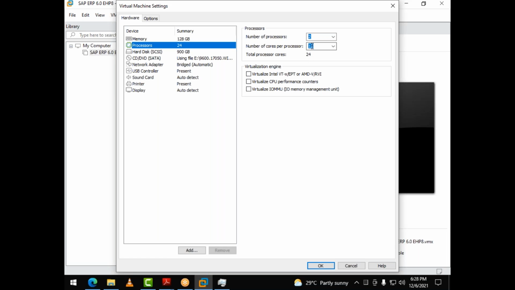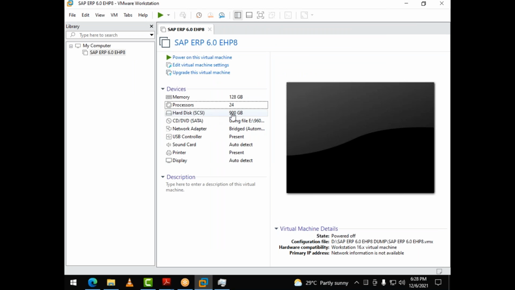Okay. Suppose your system has 2 processors, then you select 2. Otherwise if your system has 1 processor, then you select 1. And if your system has 4 processors, you enter here half of the processors. If your system has 2 processors, you select only 1 here. If your system has 4 processors, you select 2 processors in the drop down box. Got it? You do not need to click this one. You want to change only these 2 options. Got it what I'm telling? After changing these 2 options to suit your laptop, click power on this virtual machine.